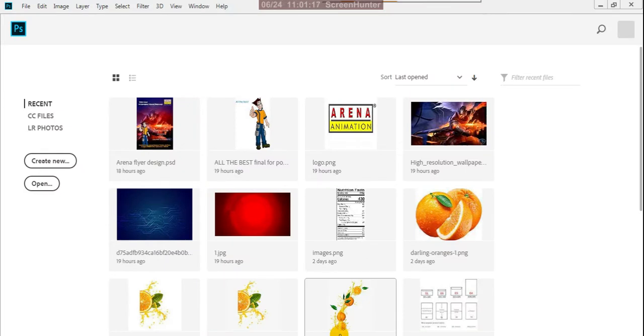So for such a huge hoarding design, how do you prepare your pictures?